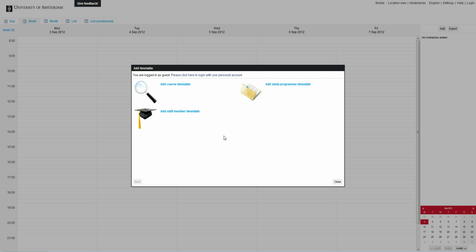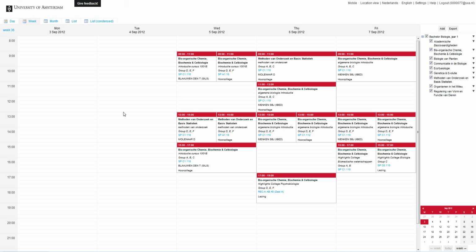It is possible to use this website as a guest, but to profit from all the personal timetable features, it's best to log in with your personal account. After logging on, you will be presented with a basic timetable based on the courses you enrolled for. It is possible that some courses are missing here, so always check the list of courses on the right side